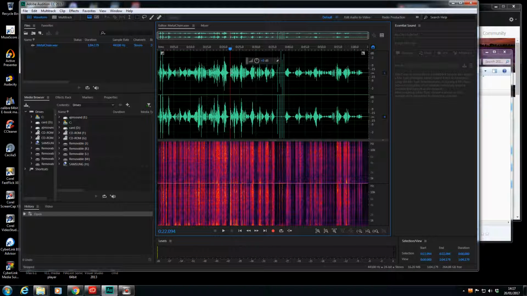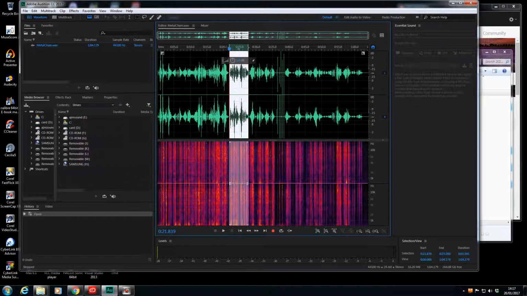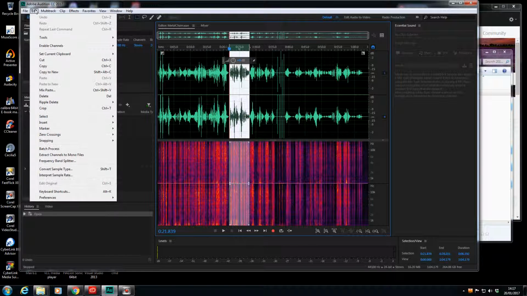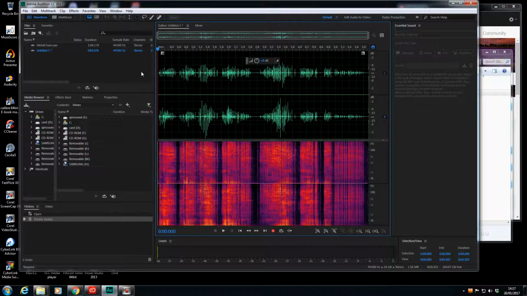It's clearly a metal chain being drawn over something else metallic. Take something with a nice little bit of volume, take that little section there, and edit, copy to new. Just trim this down a little bit there,